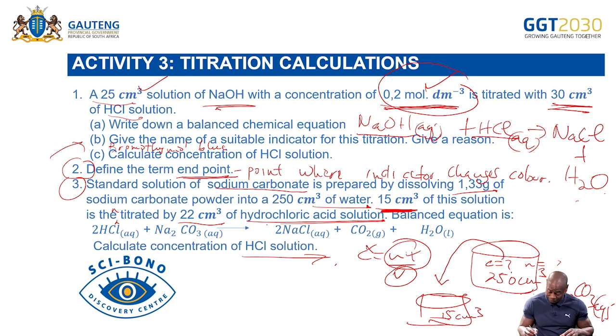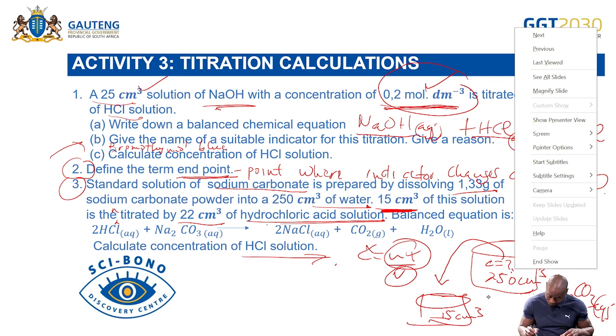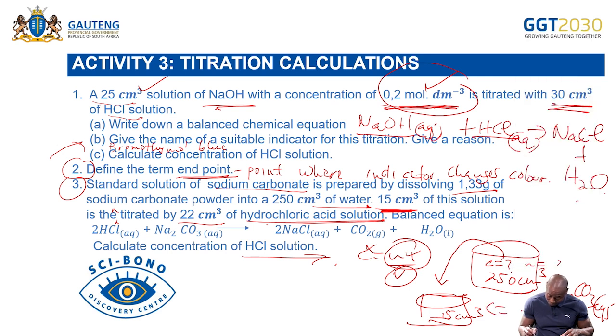The concentration here will be equal to the concentration here, but for now, we don't know that concentration. So from this 250, they are only taking 15 cubic centimeters. So the first thing that we need to do is to calculate the number of moles of